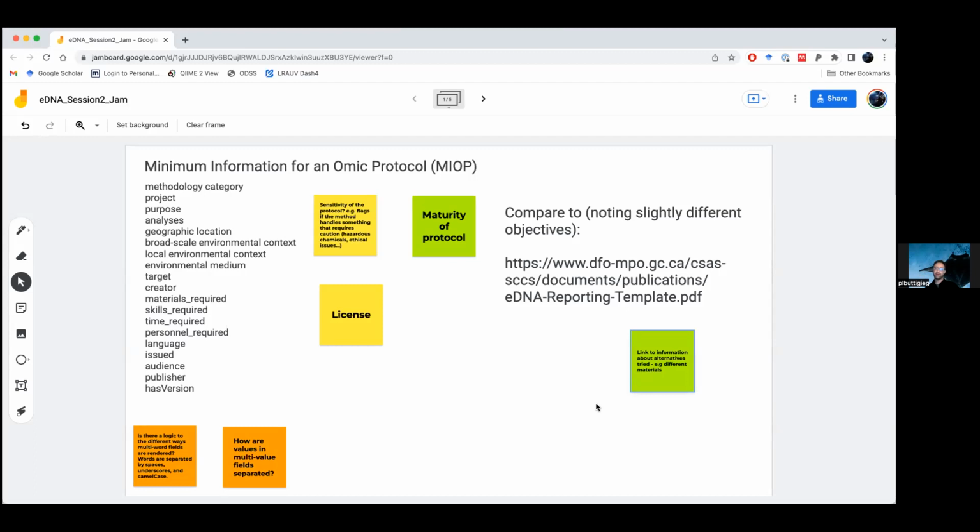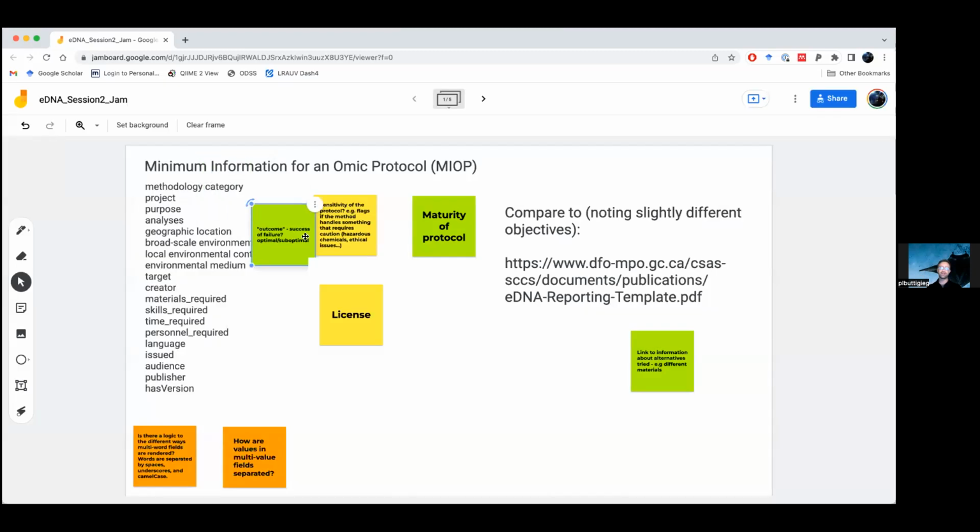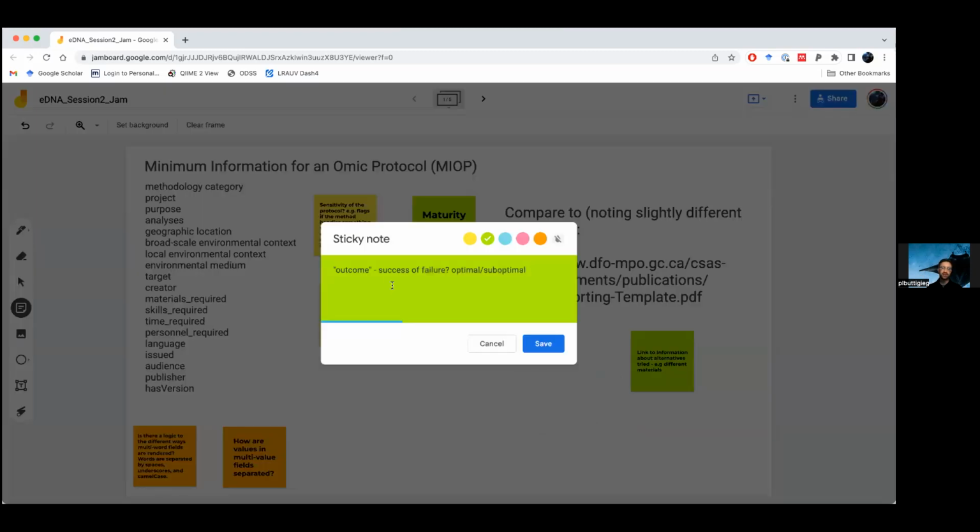Maybe the MyOp field there is something like outcome, like success, failure, right? So the actual metadata field would be something of that kind. Maybe we'd have different levels, but we'd start with success, failure, optimal, suboptimal, use only if necessary, that sort of thing. But that's very useful. That's a very, very useful search vector. Like what has worked in this region and what hasn't worked in this region. And that gets us into that conversation we had yesterday.